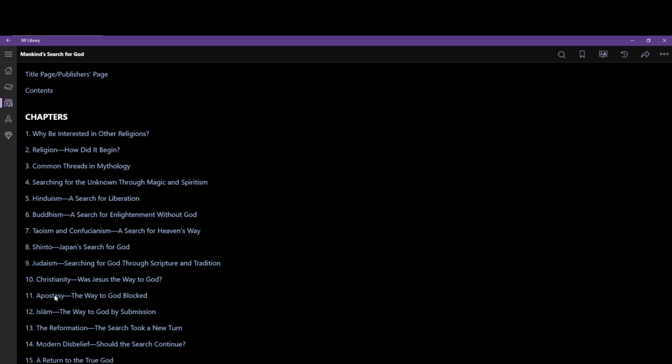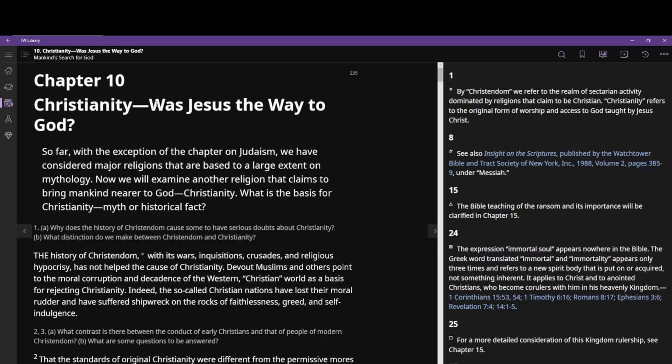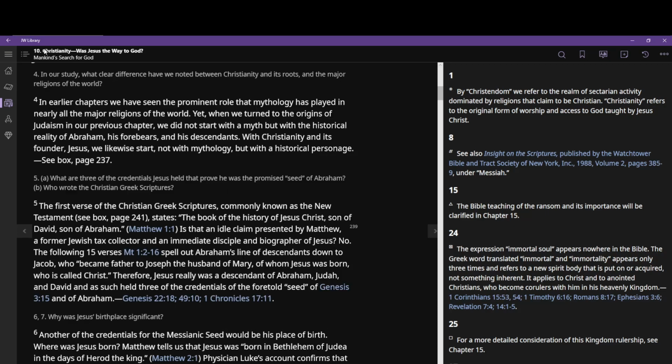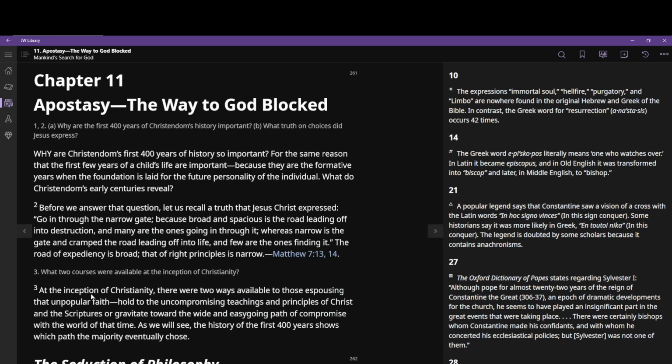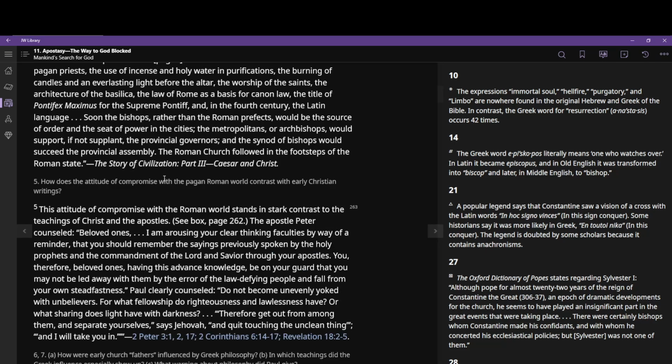When you click on this, you'll notice that each chapter has a main title and questions for each paragraph that then helps us to focus on particular issues that we may be considering. What I'd like to show you in particular has more to do with the apostasy, which is where all of these different sects and denominations came from. This would be where you might really want to go in order to get a solid answer to the question